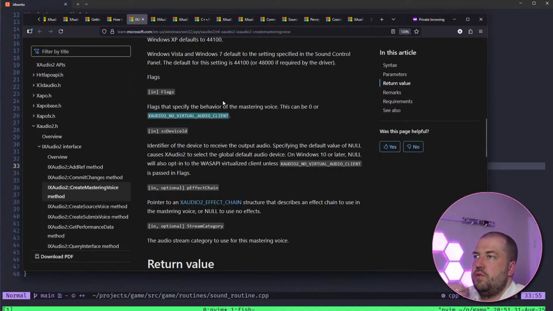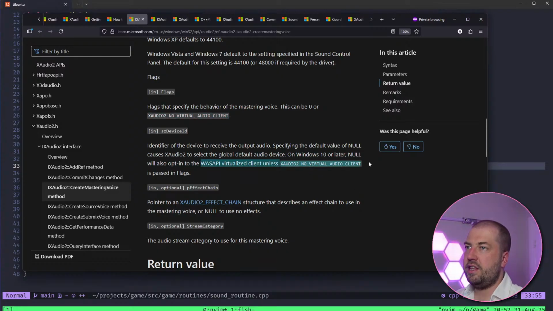Identify the device to receive the output audio, specifying the default value of null. Let me start that again. Specifying the default value of null causes XAudio2 to select the global default audio device. On Windows 10 or later, null will also opt into the WASAPI virtualized client unless no virtual audio client is passed in flags.